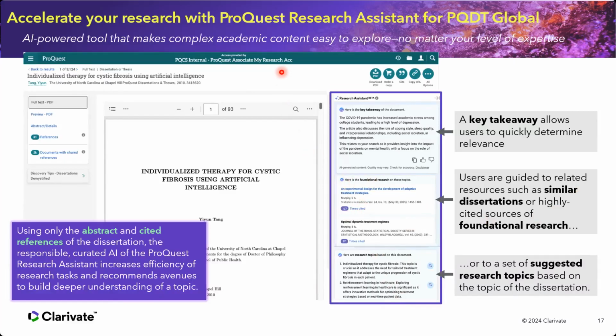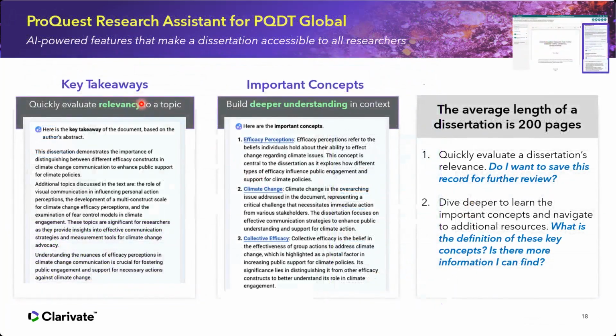Okay. Now, what we did, we have embedded the ProQuest Research Assistant. So whenever you see ProQuest Research Assistant, that is the AI tool, which has been embedded at the document level. Can you see this is a document level? This is the paper. On your right, you will see the research assistant. This research assistant helps you digest the information more effectively by quickly looking at the key takeaway, and the foundational research, here the research topic. And if I go on here, this is about key takeaway.